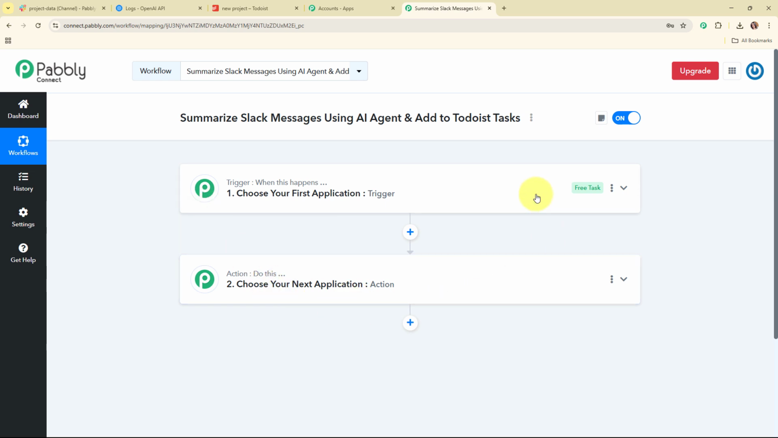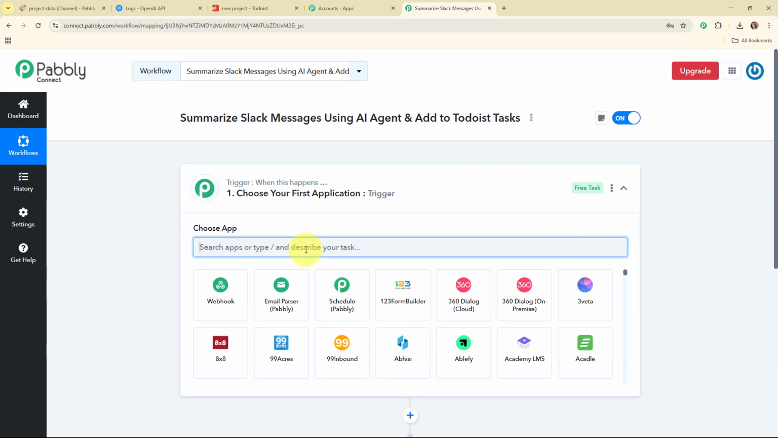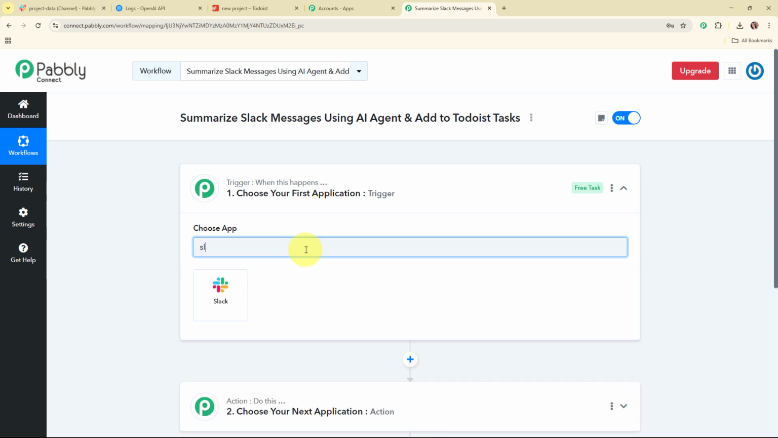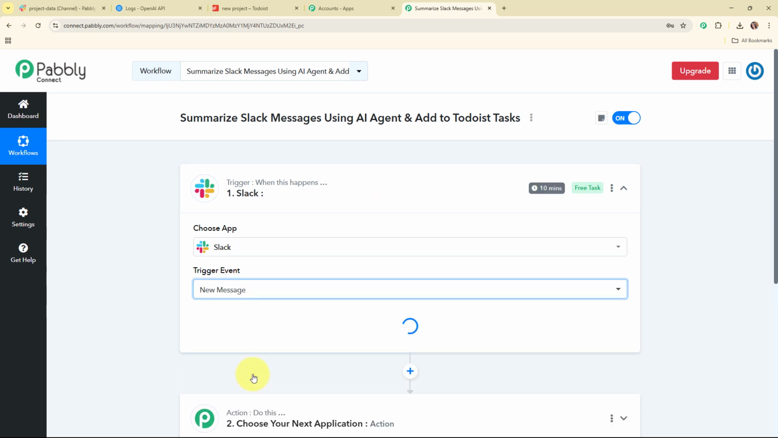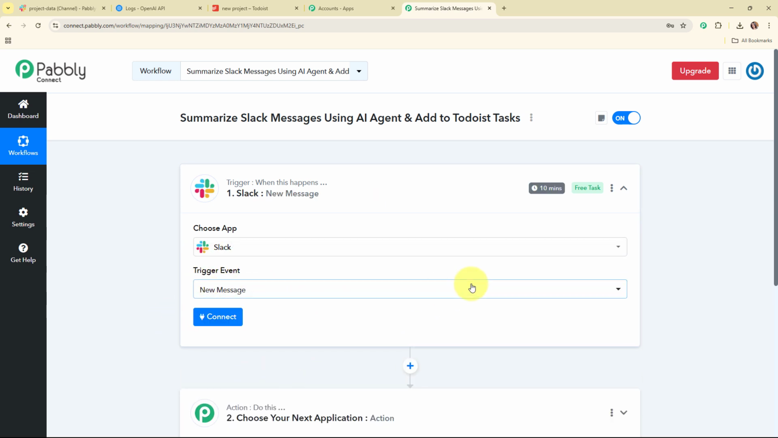Now let's begin with our automation by simply setting up a trigger. So here I'm going to select my trigger application as Slack, as I'm receiving new messages on my Slack channel. So here I'm going to select my trigger event as new message, so that whenever a new message is received on my Slack channel, then automatically Pabbly Connect should capture the response, or you can say automatically this entire workflow